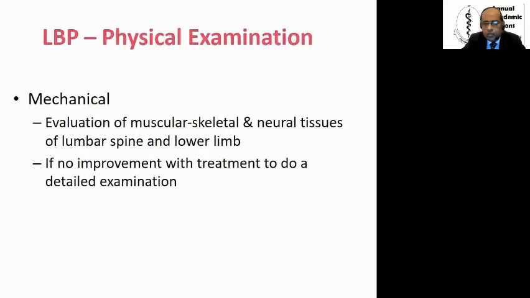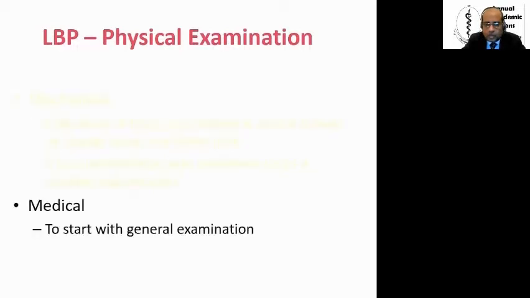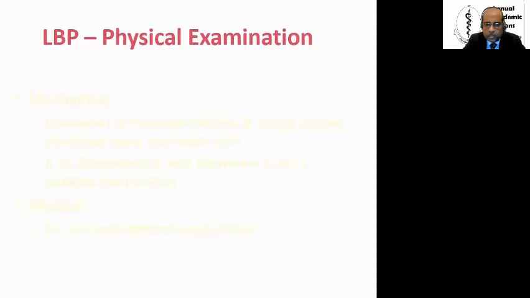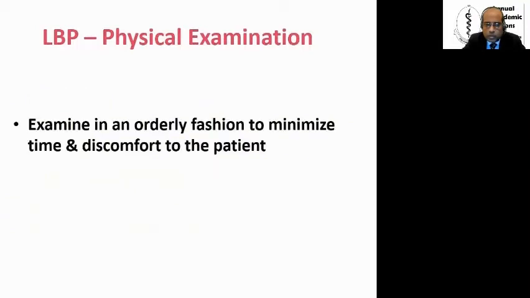For mechanical pains in the history, you can generally evaluate the musculoskeletal and neural tissues of the lumbar spine and lower limb, and may start treatment. And if there's no improvement with treatment, you may need to do a more detailed examination. You can do that in an OPD setup. If you think it's more mechanical from the history, you can run through a more limited examination and start treatment. If there are features of a medical issue, you have to start with a general examination and do a full examination of the spine as well as